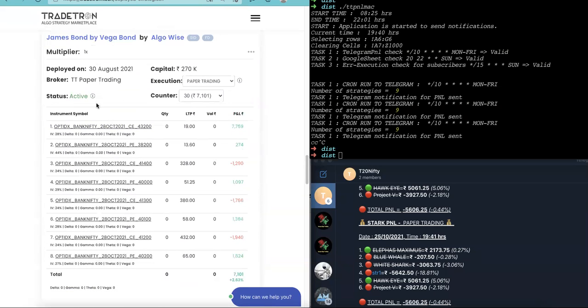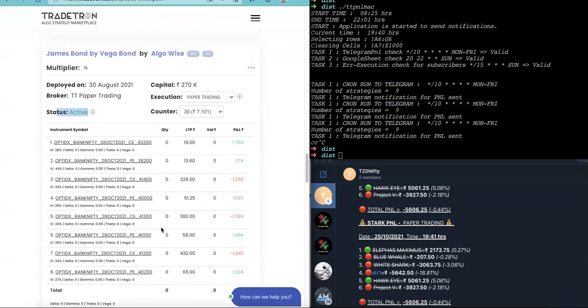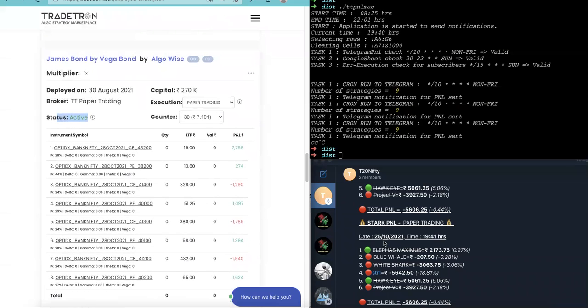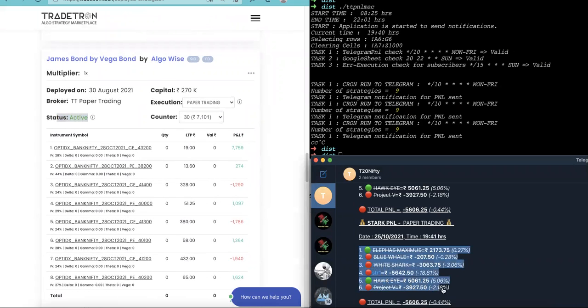Okay, so the strategies which have a status of active will not be printed because active means the trade has not been considered yet. These are active and these are not live entered or exited. Only those strategies which are live entered or exited will be printed in here. All right, and this is what we need in general.